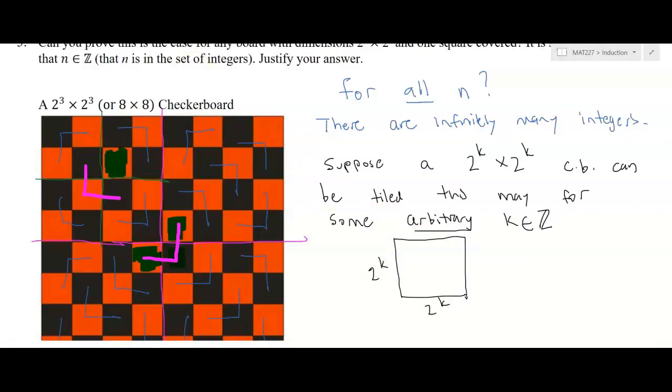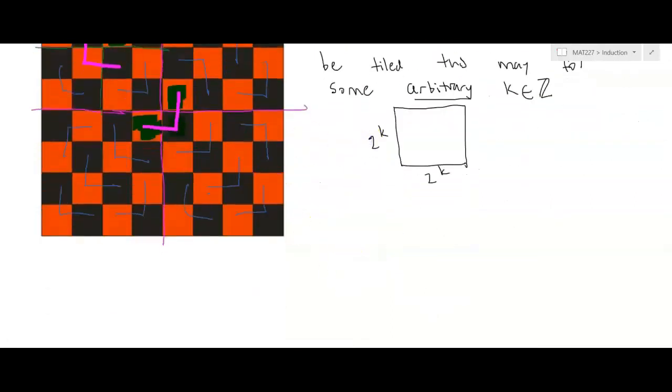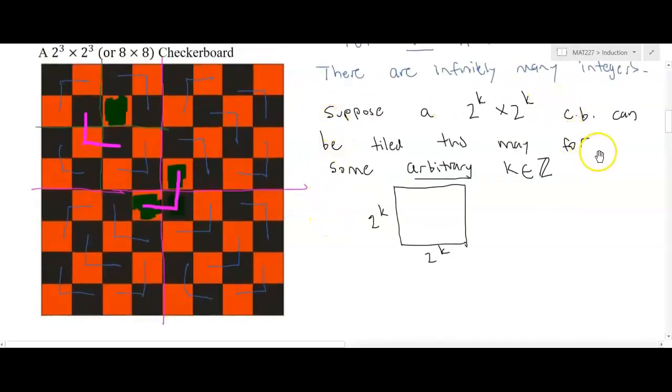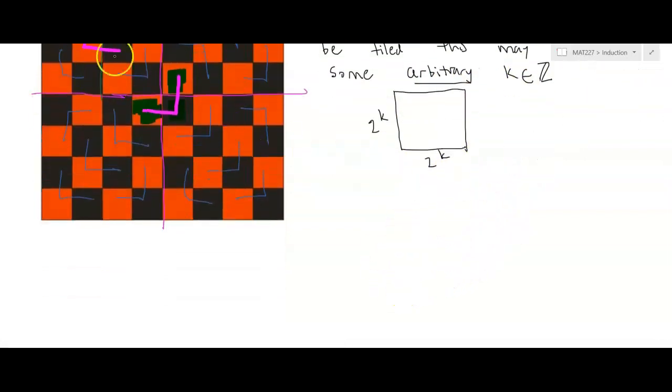Okay? Now, the pattern that we're noticing is this. Consider, and notice that we're saying assume, suppose a 2 to the k by 2 to the k checkerboard can be tiled for some arbitrary integer. So assume that this one can already be tiled. Consider k plus 1. So now we are looking at a 2 to the k plus 1 by 2 to the k plus 1